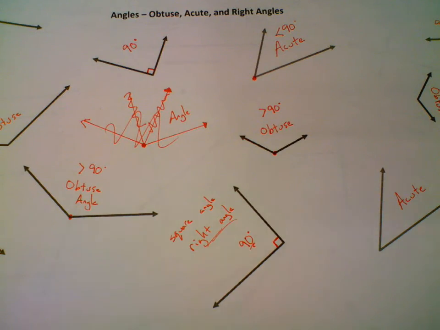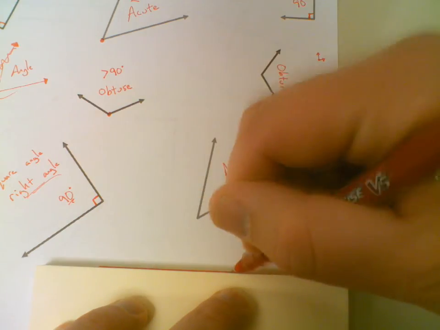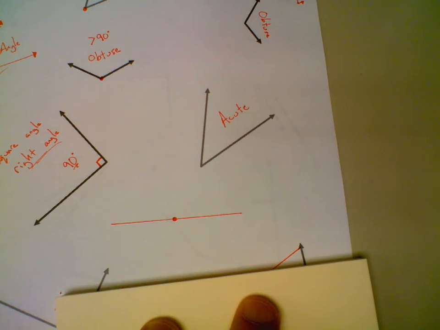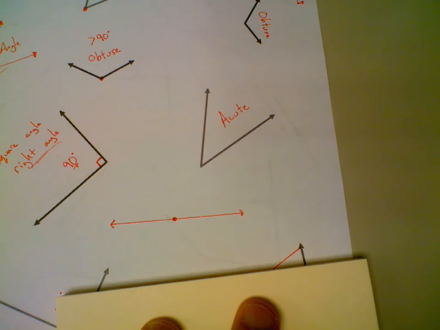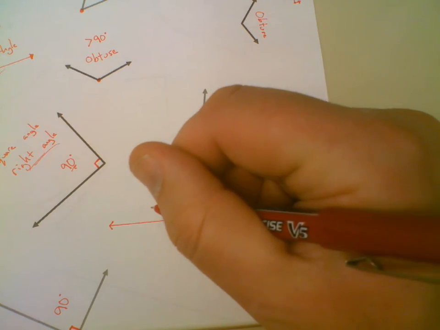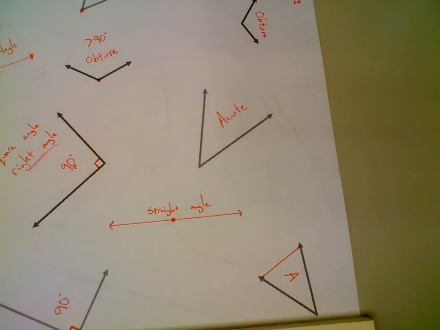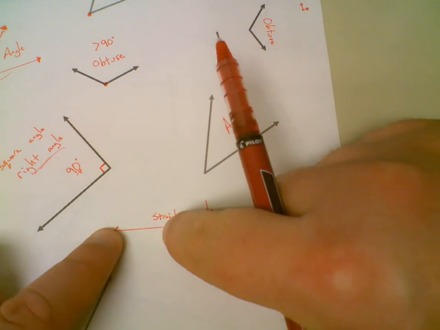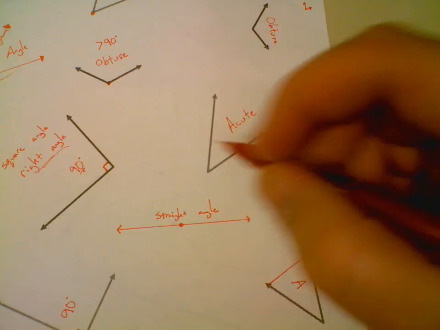Oh, you know what? Let me give you a bonus one. I've got a point, right? I got two rays coming out of it. What did I just make? This is actually what we call a straight angle. And isn't it kind of like a right angle plus another right angle? So a straight angle, it's not 90 degrees,